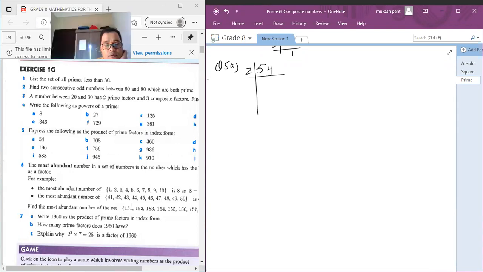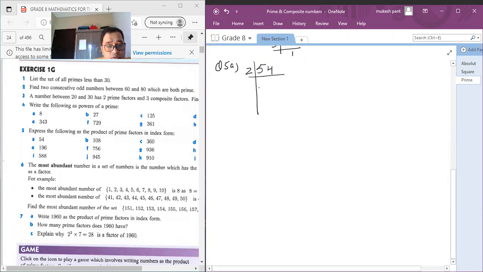If you have some problem, please speak, because I'm using a single screen on my laptop. If I open more screens on my laptop, I will not be able to manage this book and the whiteboard. So it is better whenever you have a problem, speak, then I will be able to hear you. If you just raise your hand, I will not be able to see, because I'm looking at these two screens.